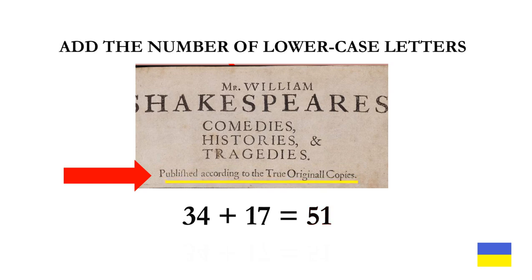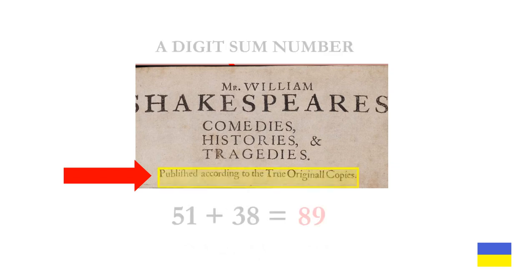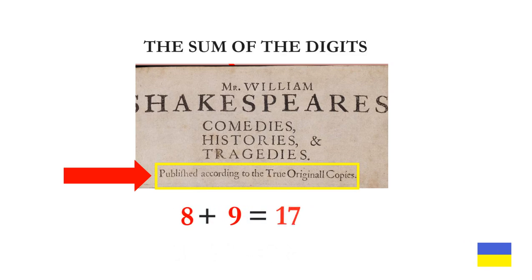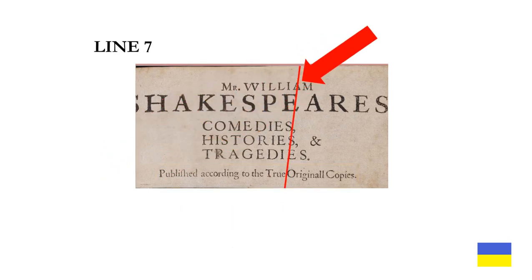When we add the number of lowercase letters in this line, notice that according could easily have been in an uppercase letter. We get a digit sum number. 51 plus 38 is 89. 8 plus 9 is 17. Therefore, I conclude line 7 is what we are supposed to find, because it goes straight through the uppercase A